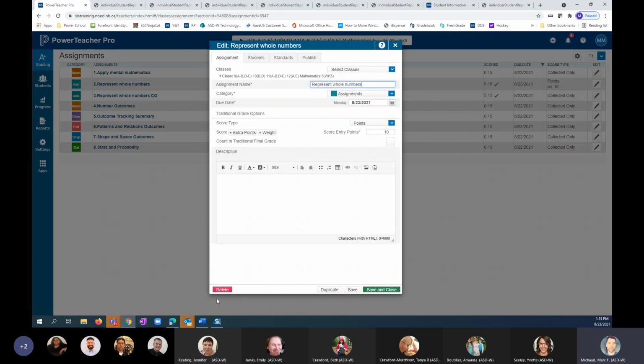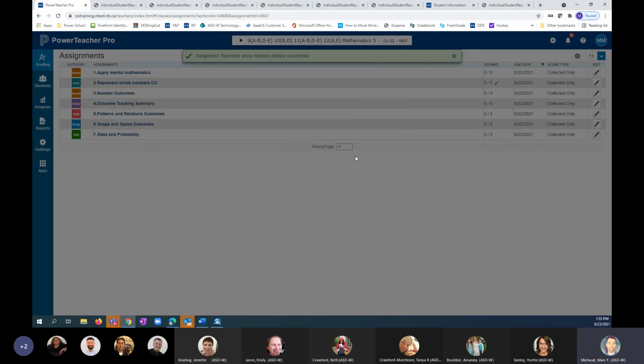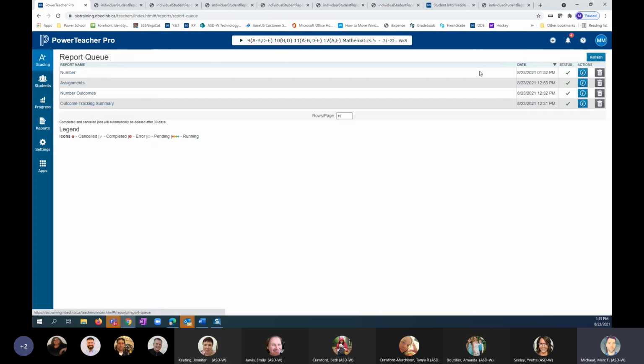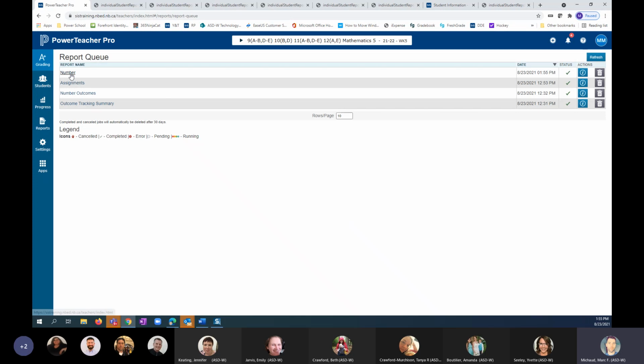So if I remove this, I'll delete it. And then I'll go back to my reports here. And I'll run this number report again. It's really convenient that you can run reports now and you can target your names to what they are. You can have a Q1 progress report, Q2, Q3, Q4 for the high school. You can have a T1, T2, T3 at K to 8, and you do not have to rewrite them each time. You can just go back and find them and hit resubmit. So if I run this number one again,